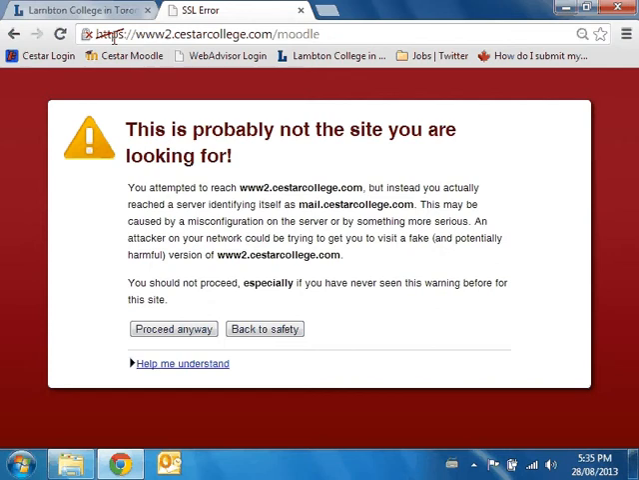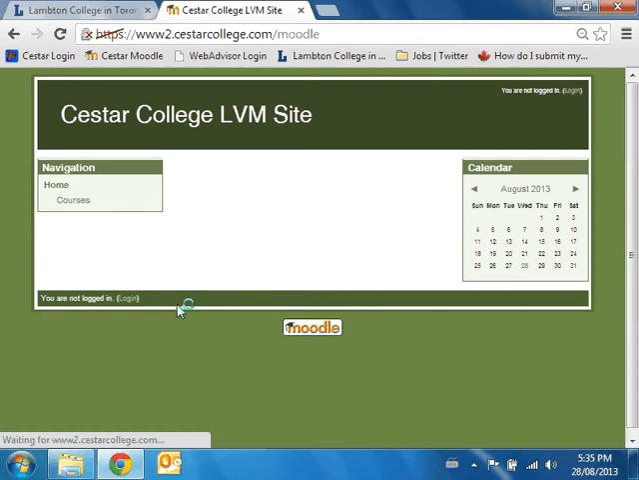Here it is, https. Please ensure that there is an S. www.cestarcollege.com/Moodle. It's important if you're entering the address manually to include both the S and the 2. Once you've done that, you'll receive this prompt warning you of malware, but we can safely ignore that by clicking Proceed anyway, at which point you will be brought to the LMS site, at which point you will need to